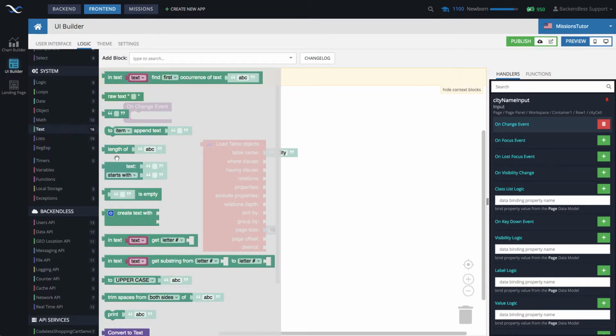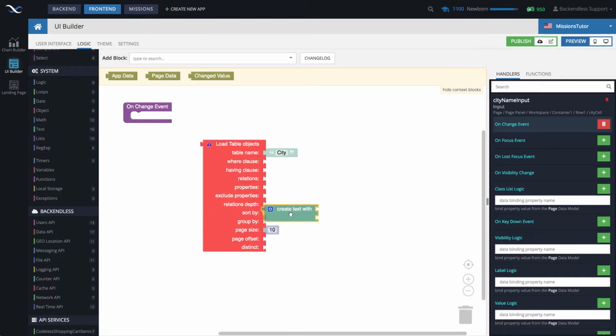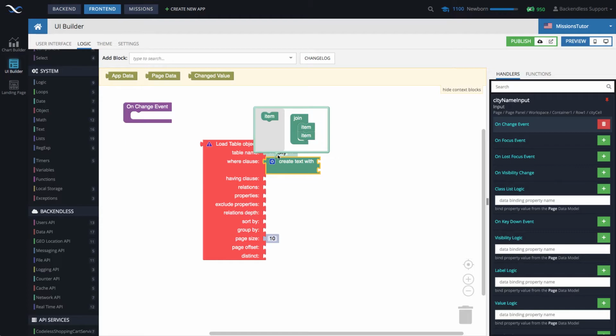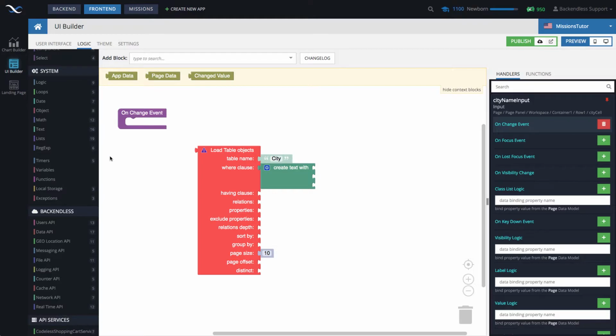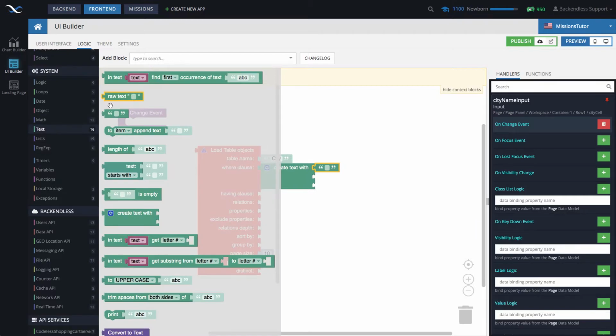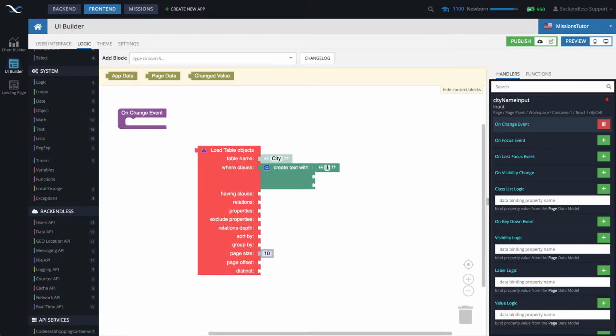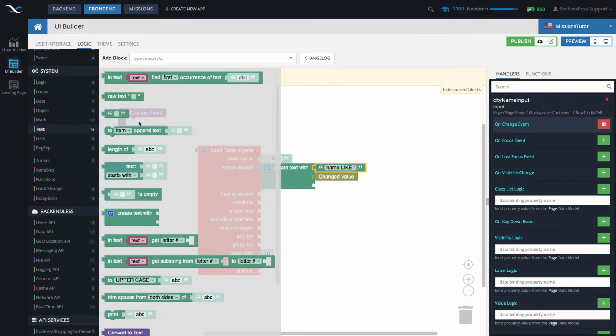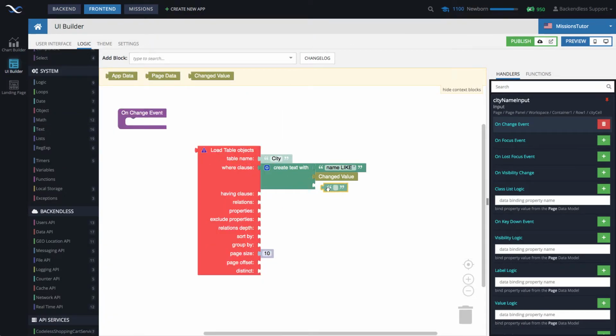Under text, you will see this create text with. You'll need to add an additional connector, and you will see why in a second. And let's compose this query. So that query will look like this. What I did is I went to text and I grabbed this text block. And here it's going to be like this: name, like, single quote, then use the changed value, and grab another one, text block, and in here use %, and then